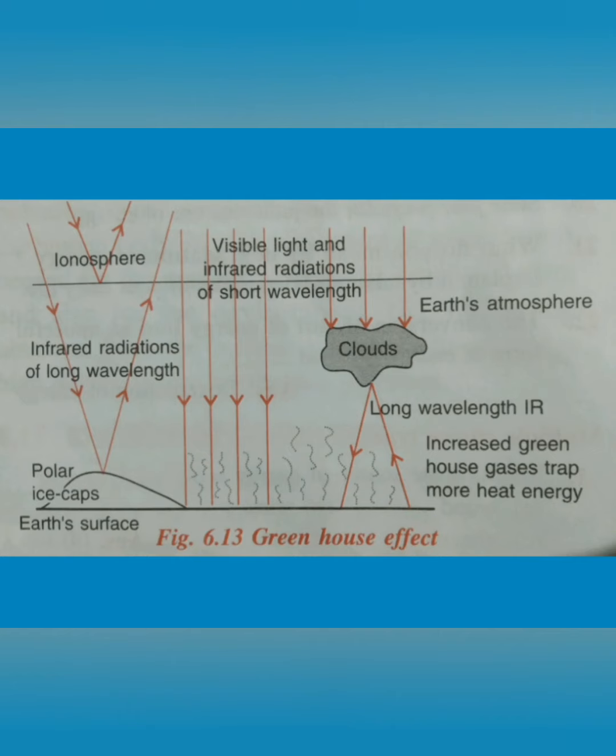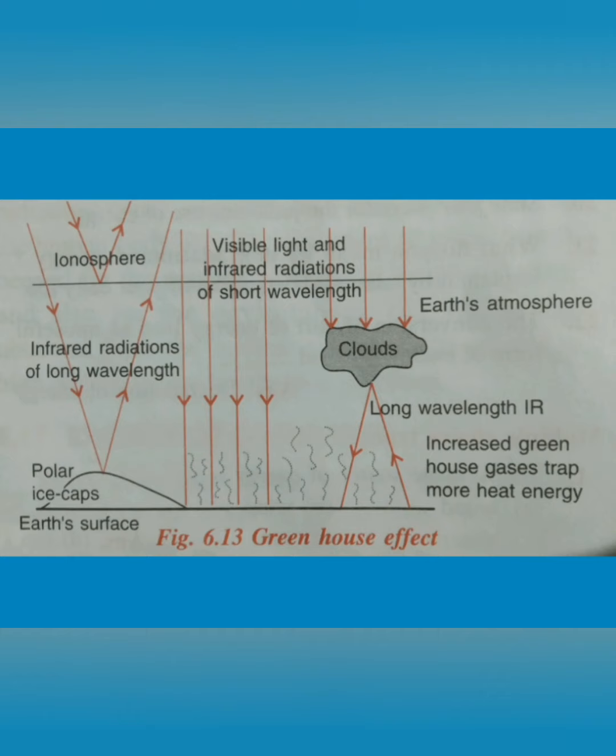The naturally occurring greenhouse gases have an average warming effect of nearly 33 degrees centigrade, so that the average temperature on Earth's surface is about 15.5 degrees centigrade. In absence of greenhouse gases in atmosphere, entire heat energy radiated from Earth's surface and objects on it would escape out into space, and then the average temperature on Earth would be minus 18 degrees centigrade. On the other hand, if there is an increase in proportion of greenhouse gases in atmosphere, the average temperature on Earth will rise, and it will be above 15.5 degrees centigrade.